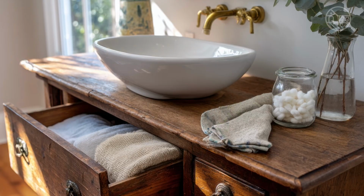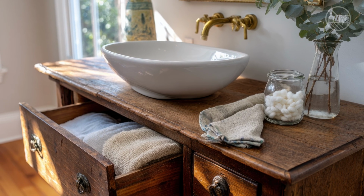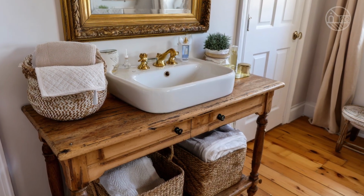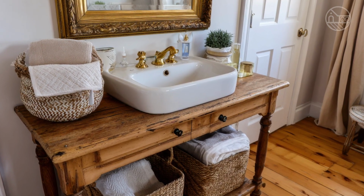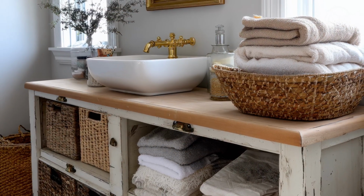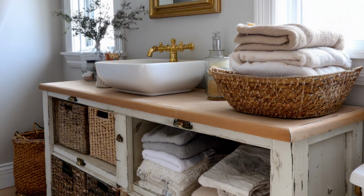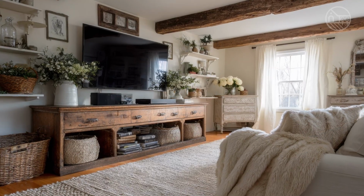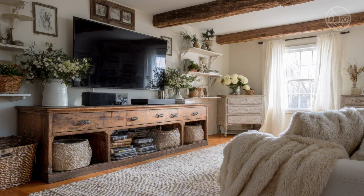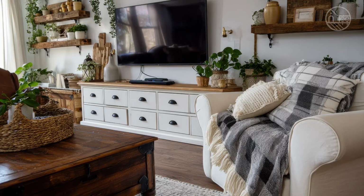Let's start with one of the most versatile finds, the vintage dresser or chest of drawers. This is the workhorse of repurposing projects. Obviously, it can be refinished to be a beautiful dresser again. But think bigger. With a few modifications, a sturdy dresser makes a phenomenal bathroom vanity. You can cut a hole in the top for a vessel sink or an undermount sink, run plumbing through the back or a drawer cavity, and voila, you have a unique vanity with built-in storage that adds immense character to